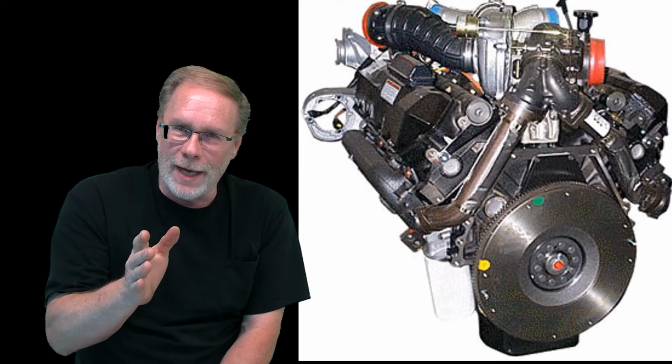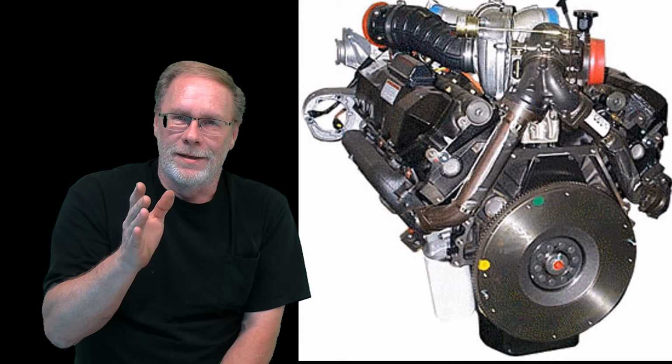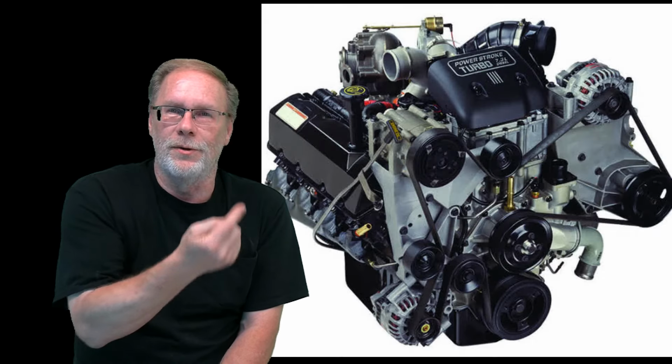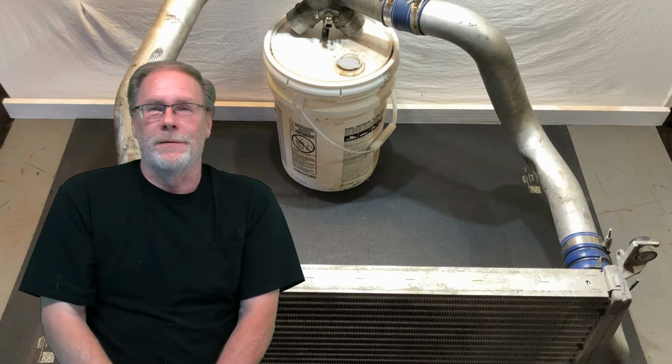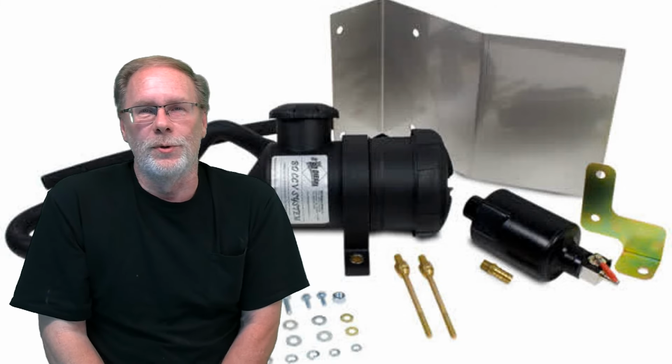Getting back to the 7.3, no matter if it's the IH version in their medium duties and their school buses or in your truck, these things are not designed to have a CCV leading those items back into the truck air system. So there you go. There's no way that you can refute this information. So anyways, let's get on to the fact that